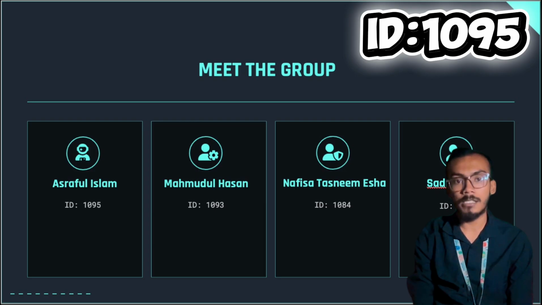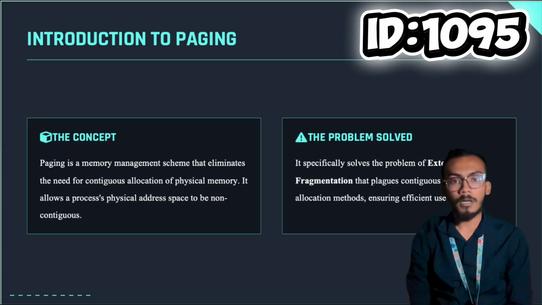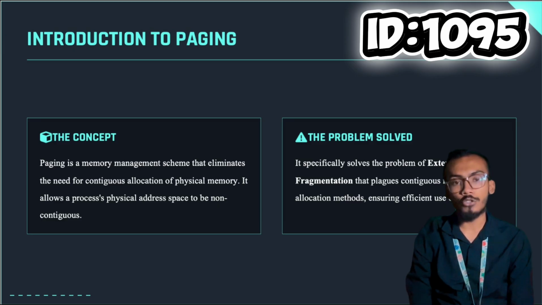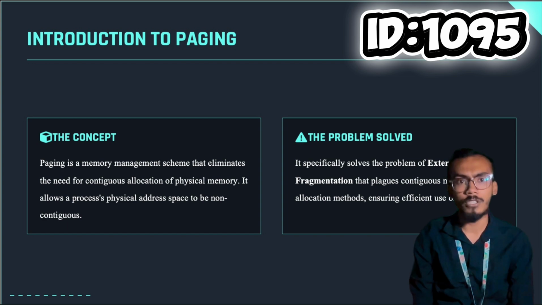Our presentation topic is paging in operating system. Now I am talking about introduction to paging. The concept: paging is a memory management scheme that eliminates the need for contiguous allocation of physical memory. It allows a process's physical address space to be non-contiguous. The problem solved: it specially solved the problem of external fragmentation that plagues contiguous memory allocation methods, ensuring efficient use